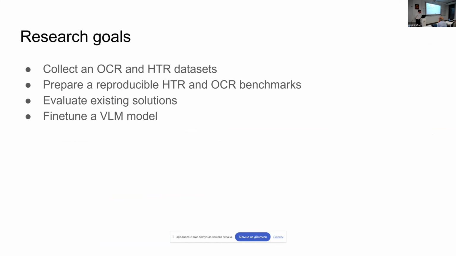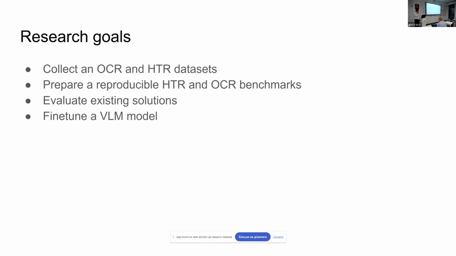I've since expanded my work to include also printed character recognition because I found a gold mine of easy to use images to text mappings on the Wikisource platform. I want to prepare reproducible HTR and OCR benchmarks by feeding back improved annotations in a specific way to the Grok community,